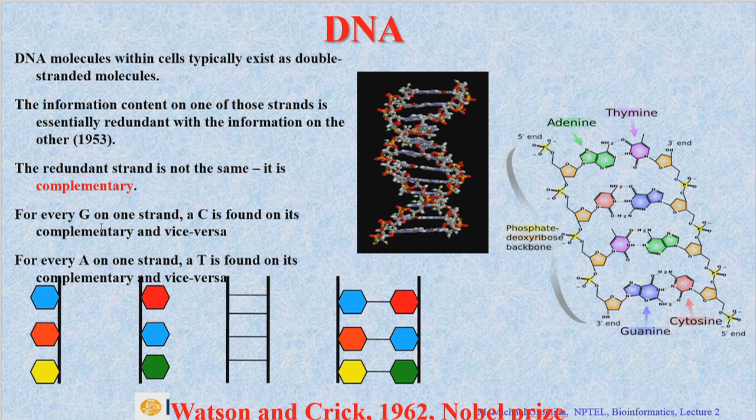So every G on one strand, for example, is found with C on the complementary strand, and vice versa. Here I show the example. The green is adenine, the red one is cytosine, the blue is guanine and the magenta is thymine. Adenine is paired with thymine. Here cytosine is paired with guanine, and here thymine is paired with adenine